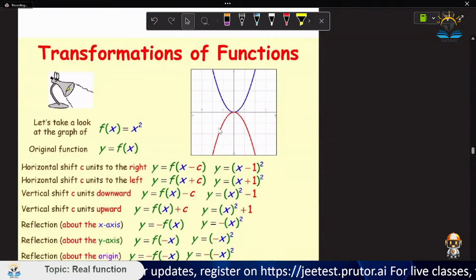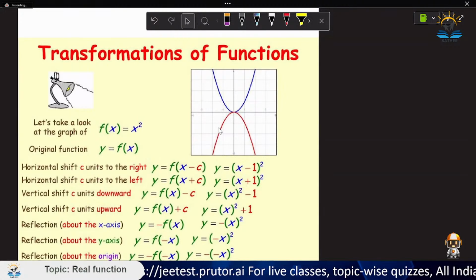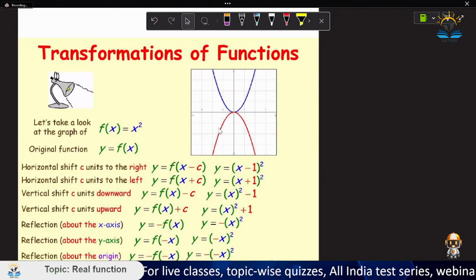Okay, transformation of functions. What we mean by transformation is that we are trying to shift the origin or change the value of x, the x-axis or y-axis for us, so that can be easily understood. It's not something out of this world. But transformation can really help you with questions. For example, there is a